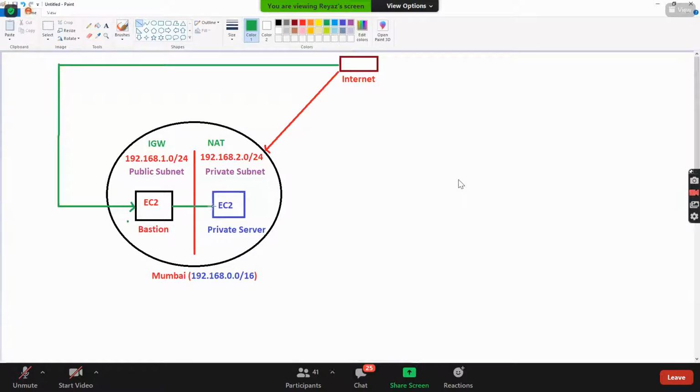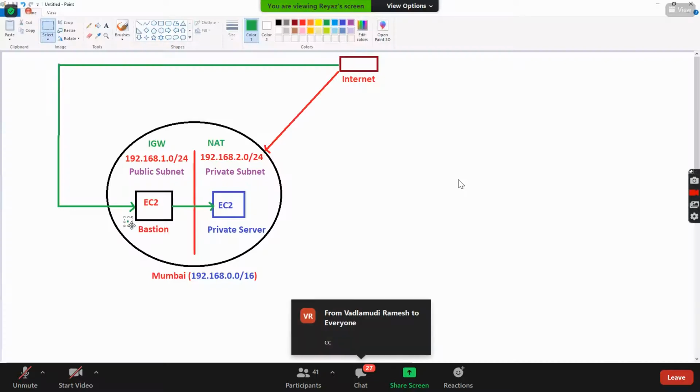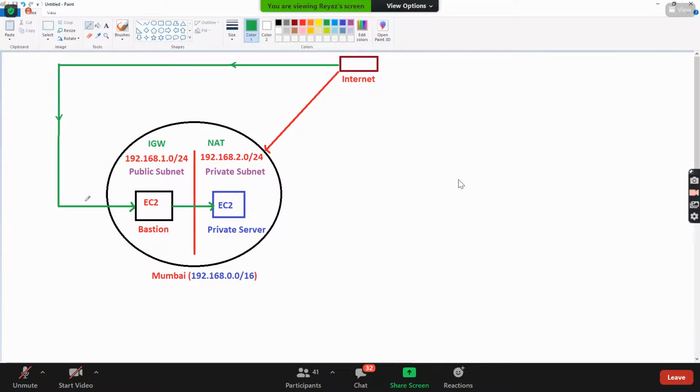Is this clear? This is what I'm drawing, guys, the VPC architecture. Is this clear till here, everyone? This is what we need to do for the demo, this is what we need to do for the lab. So you should connect like this from here, and then like this. And definitely you cannot connect like this from here. No, not possible.